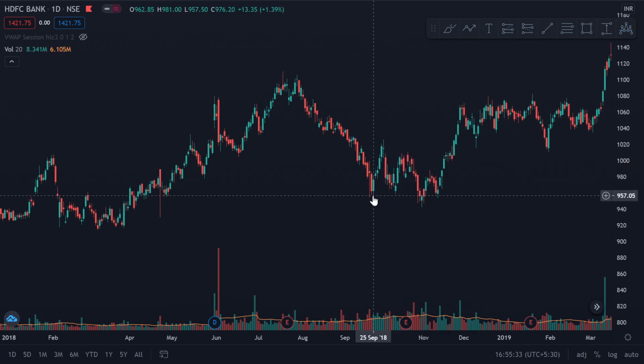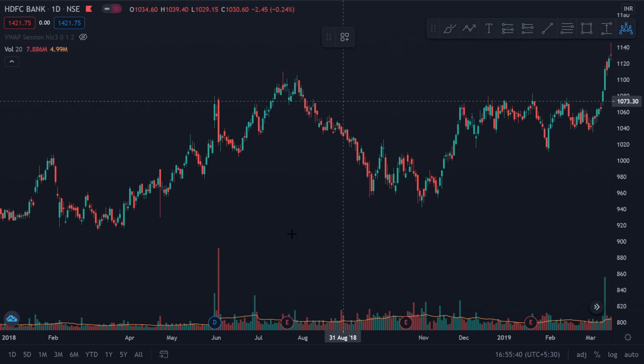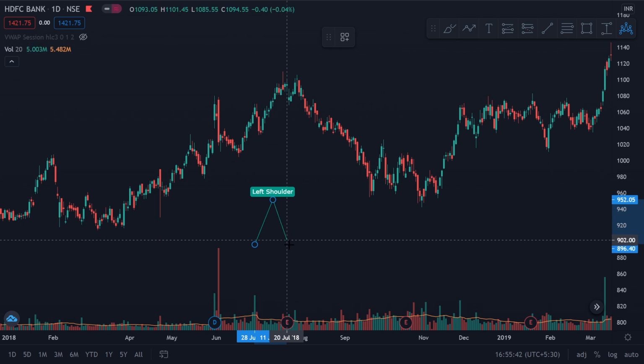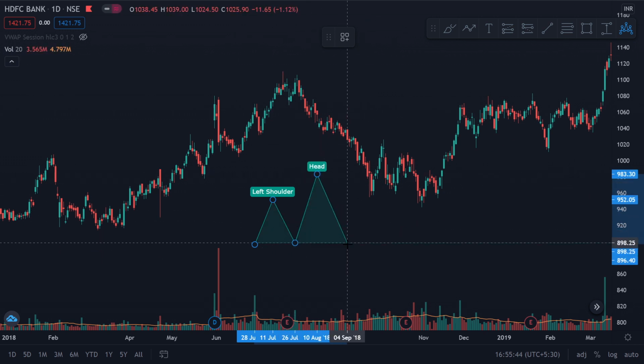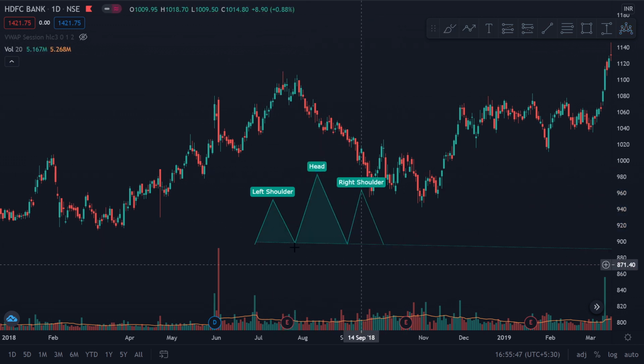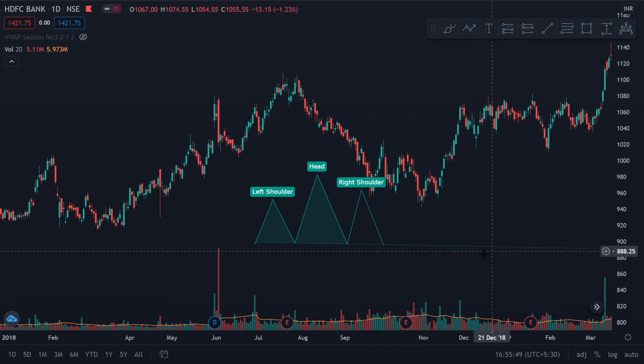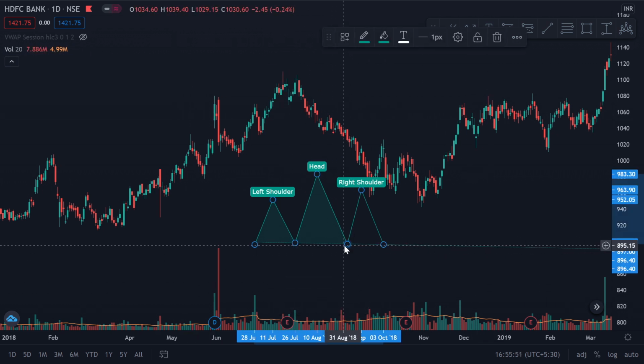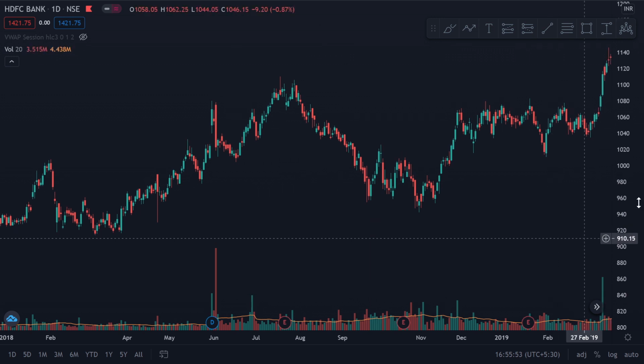This is not exactly head and shoulders because the second low was above this. So I can say that when I draw my head and shoulders pattern, there is no compulsory requirement that this neckline is in a straight horizontal line. This neckline can be tilted as well. So if you observe here,